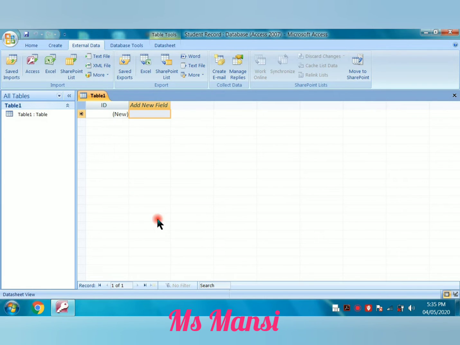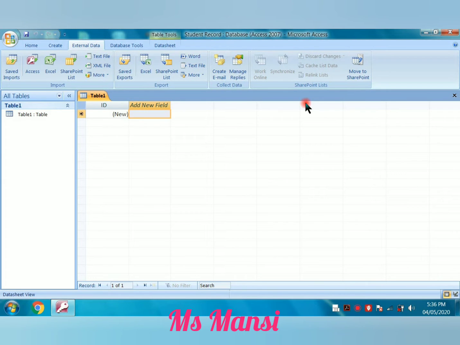This is the work area where we work, and this is the navigation pane, and this is the navigation button. This is the title bar. Title bar is located at the top of the window. This is the ribbon with tabs and groups. It contains various tabs and several groups of relevant commands. These tabs and all these groups and relative tools, this is a ribbon.